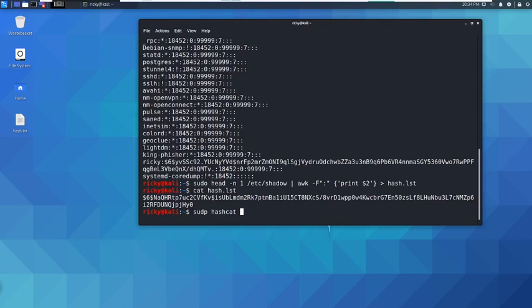Okay, so once we do that, then we will mention which file you have to look into. Minus m, and we are doing SHA-512, which is 1800. If you see in that help file, you will see that it is numbers. Okay, and then minus O.